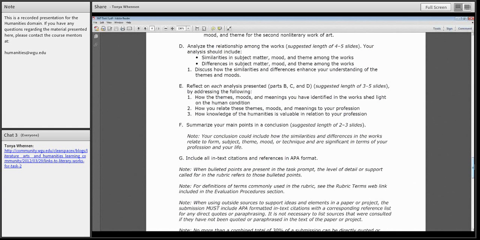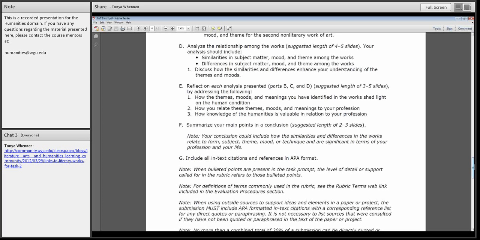And then finally, again, how a general knowledge of the humanities, not just the three works that you've identified or the one theme that you're using to tie it all together, but how a general knowledge of the humanities can be valuable in relationship to your profession. And I would challenge anyone on this call to think of a movie that may have either inspired you professionally or changed your course professionally, or even just is considered one of those things that everyone in business or IT or teaching or nursing must see. My guess is you'll find